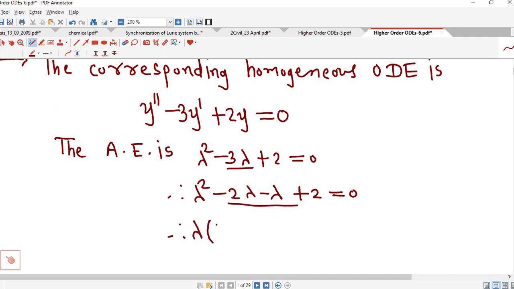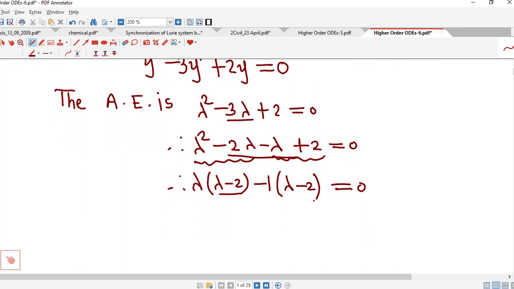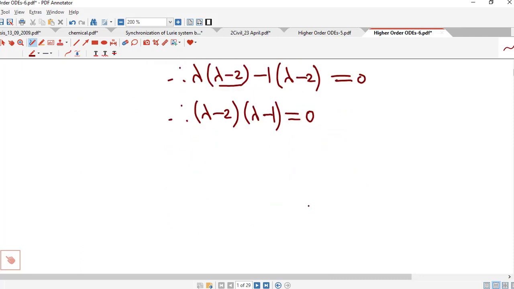So we take lambda common from the first two terms and minus 1 common from the last two terms. Here lambda common, so we have lambda minus 2. Here minus 1 common, so we have lambda minus 2. And again we take lambda minus 2 common, so we have lambda minus 2 into lambda minus 1 equal